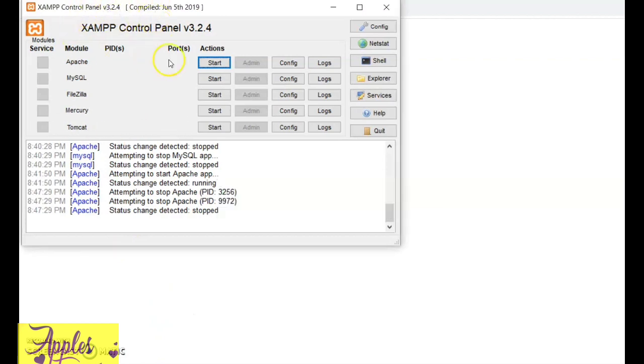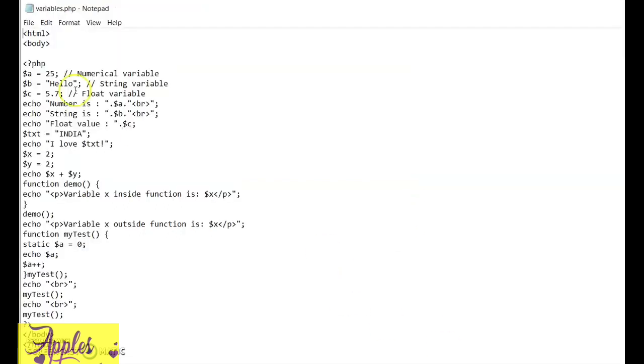This application has to be installed on our machine. In the lab we have already installed it, so no problem there. You can directly open the exam and start. After starting, Apache changes from the normal color to green. After that is enabled, you have to minimize this, not close it.